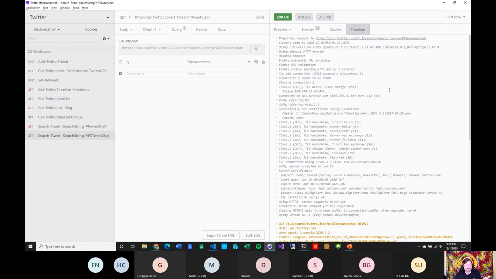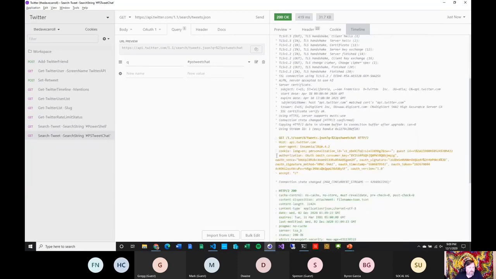Also, this timeline, there's probably something similar in Postman, but it will show you what you sent, and this is the response. Actually, not the response. This is still everything that you're sending, and this authorization, it's OAuth, and this OAuth consumer key. All of this stuff is actually generated on the fly, and the signature itself is based on everything that you send in, plus your tokens, your token secrets, and things like that. So working with OAuth v1 is